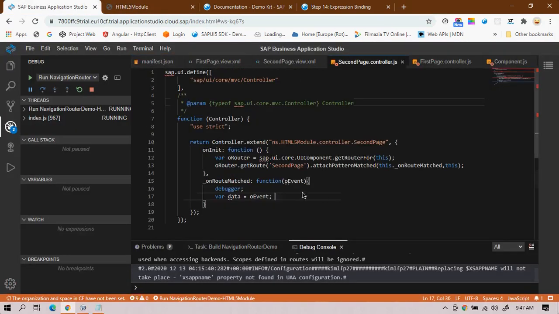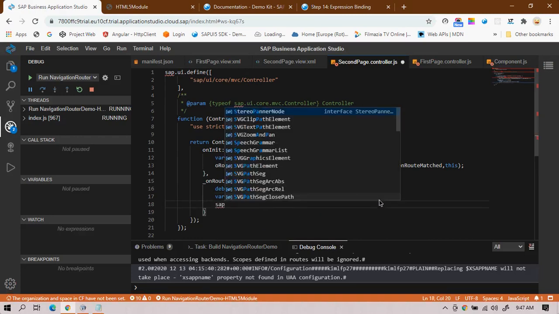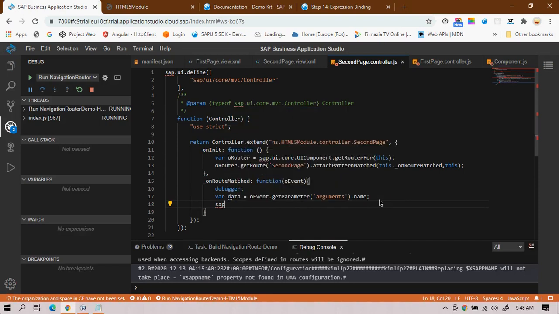So I'll copy this, go to the second page controller, and paste it. Using sap.m.MessageToast.show, I'll display the value. That's it.